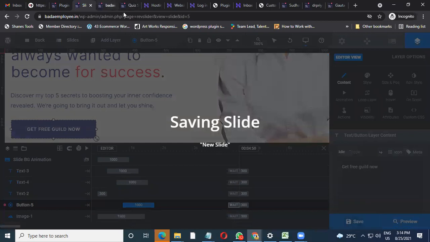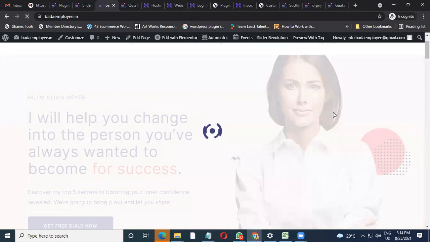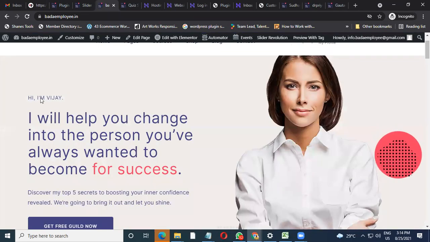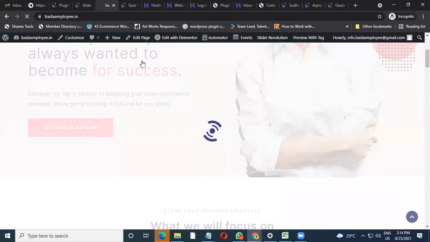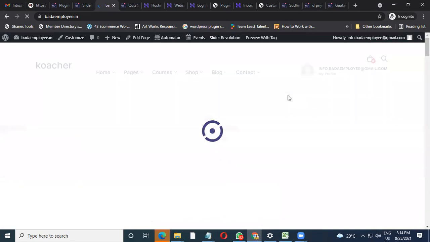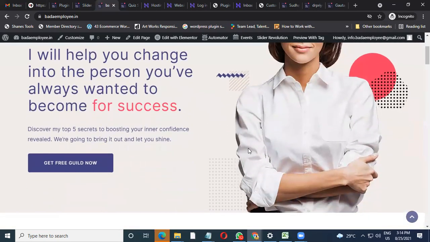That's it. So as soon as we save, we go to the slider, and you will be able to see the changes happening on the slider also. So just give me a moment. See, your name comes up, and in case someone clicks, it will get redirected to the same site because we have put the same link. Okay, so similarly, it's pretty easy to do on the slider part also.